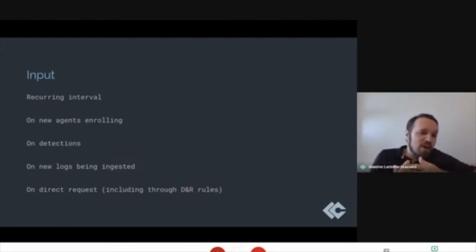And finally, kind of an obvious one, is to do direct requests. So it's possible to request something specific from a specific service, both interactively or through the API, but also through DNR rules. A good example of that is we've released a dumper service that will dump all of the physical memory of a host. And you can actually request this from that service, even through a DNR rule. So you can automate now a lot of those lifecycle things.